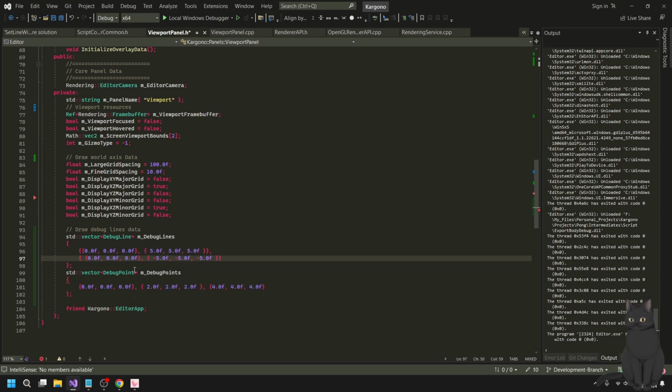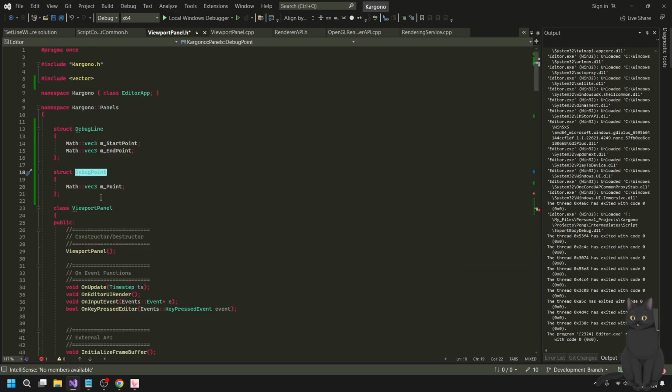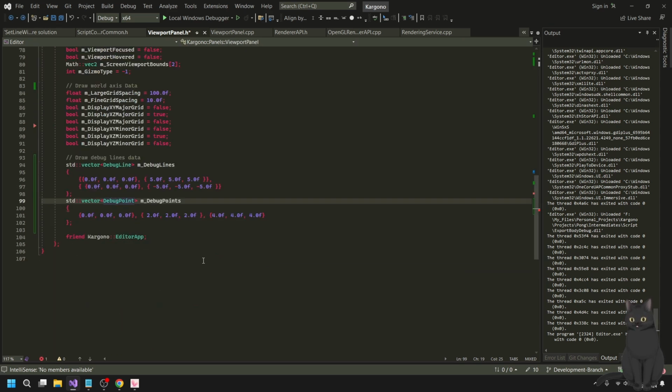Why is it mad at me? Because a debug point really is just a vec3, right? Am I supposed to like do this or something? That's ridiculous.